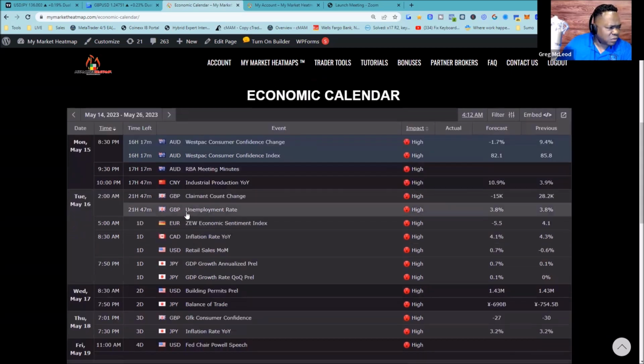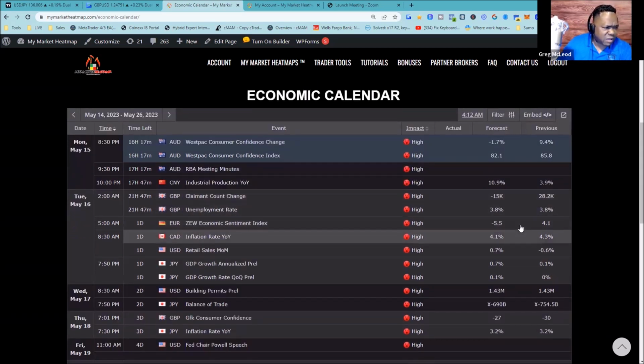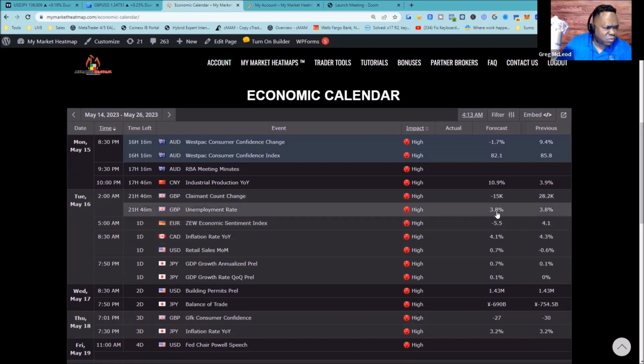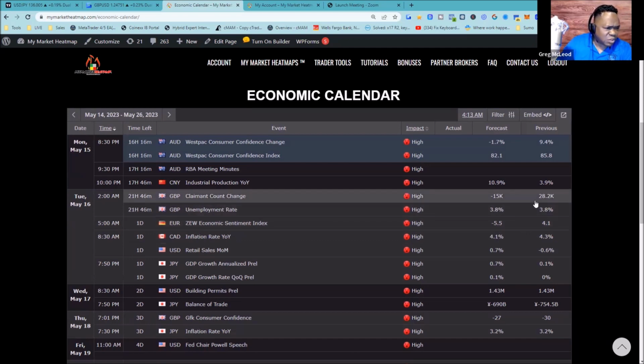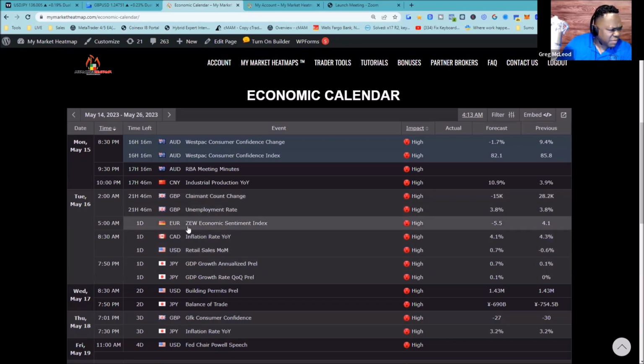We don't trade the Chinese yuan, but the Chinese data will influence the Australian dollar and also the New Zealand dollar. Also on Tuesday, we have UK data. We have employment data coming out. Employment rate is going to be unchanged at 3.8%. Claimant count change is going to fall from 28.2 thousand to negative 15,000, and so that might be bullish for the